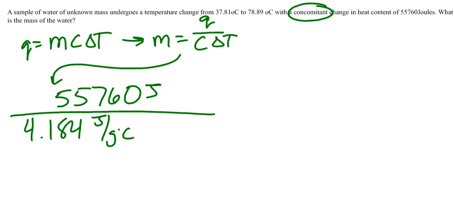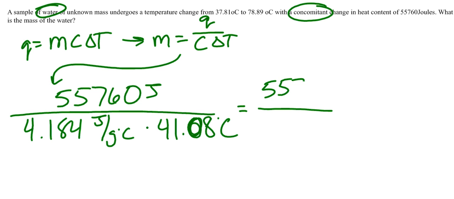Now, the reason why I know that is because it is water. Okay? And my temperature change, in this case, 78.89 minus 37.81 is going to be 41.08 degrees Celsius. Now, when I'm doing these problems, I need to do my multiplication of my denominator first, which is going to be,